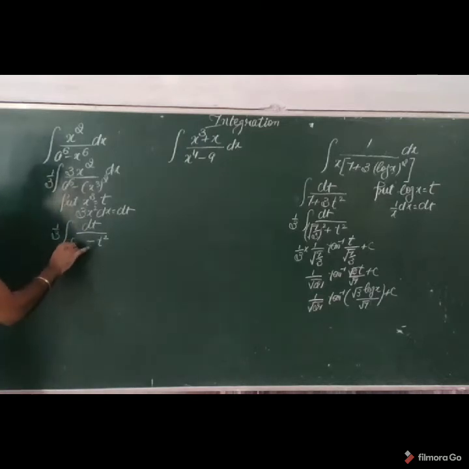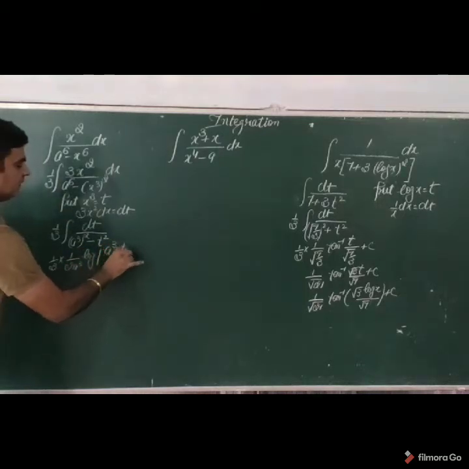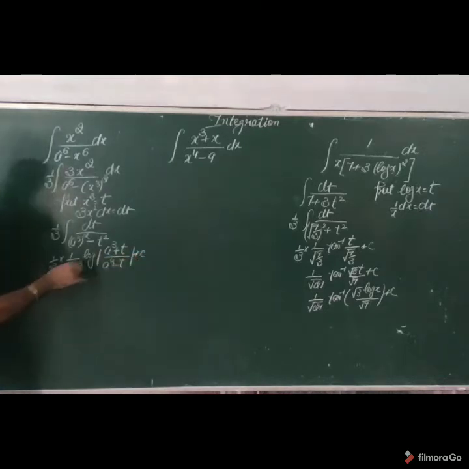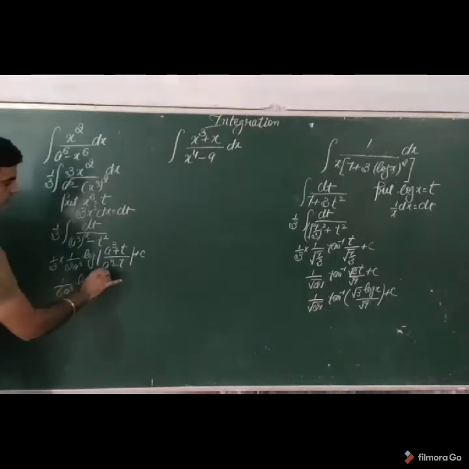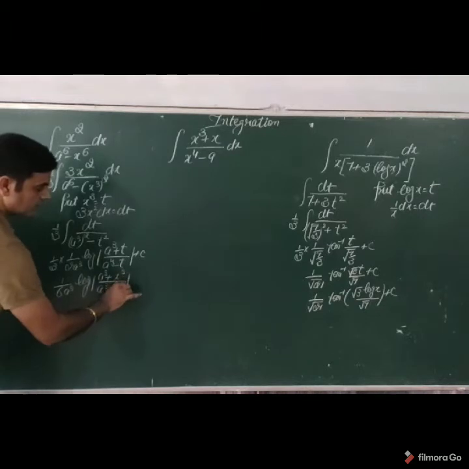So again we are writing this one as square of a cube. Now it becomes the rule of a square minus x square, which is given by 1 by twice of a log of a plus x divided by a minus x. Now using the value of t, it becomes 1 by 6 a cube log of a cube plus t, where t we have chosen here as x cube. Replace the value. It is a cube minus x cube, plus c.